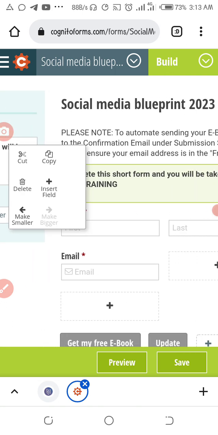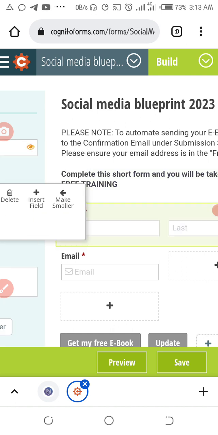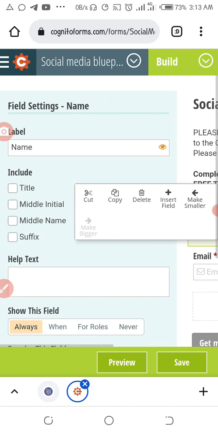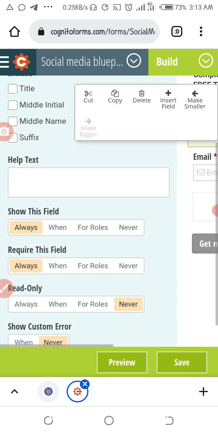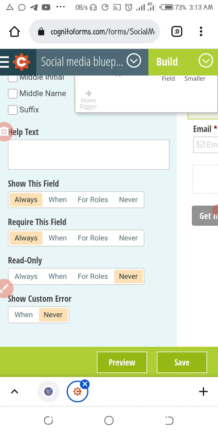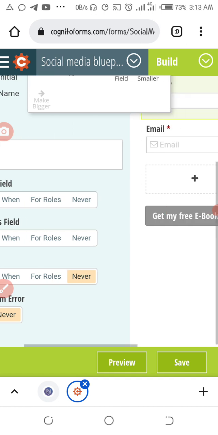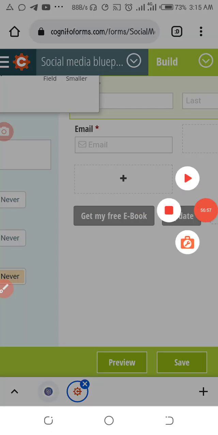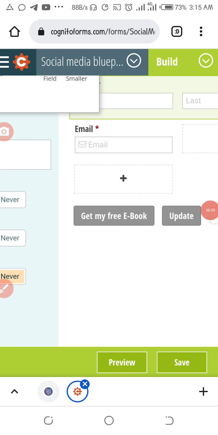Now this is name, last name, and all of that. Now if you want to add title to the names, you can add title to them. So always leave this thing the way it is. Always leave it the way it is. Go to yes, this is required. Okay, so